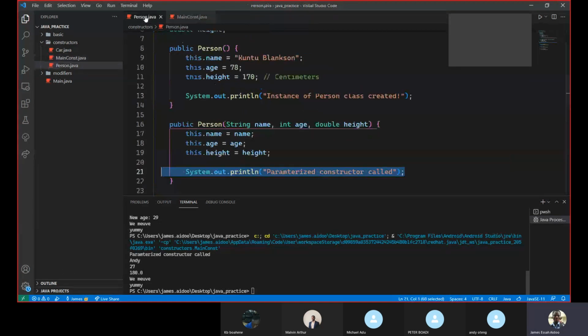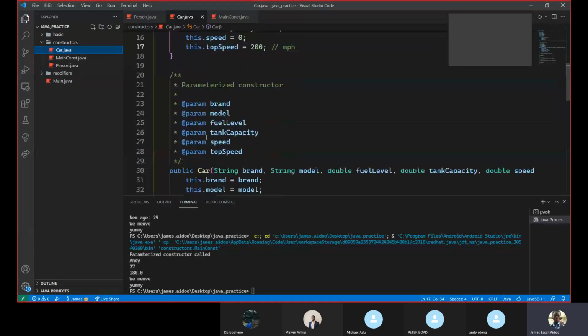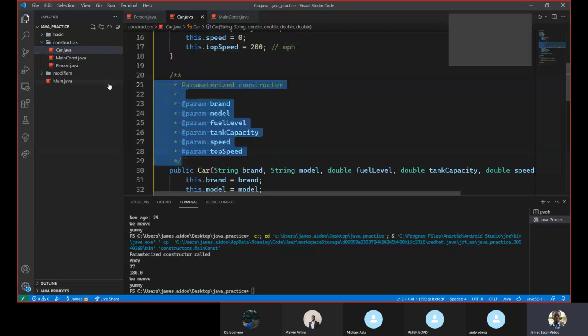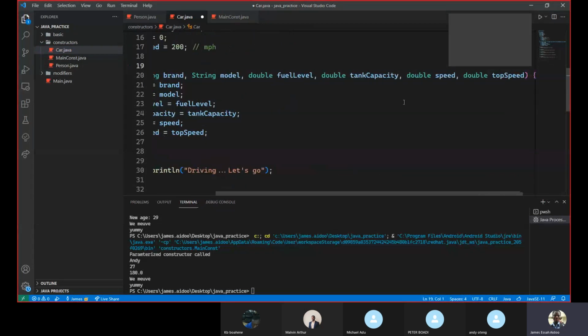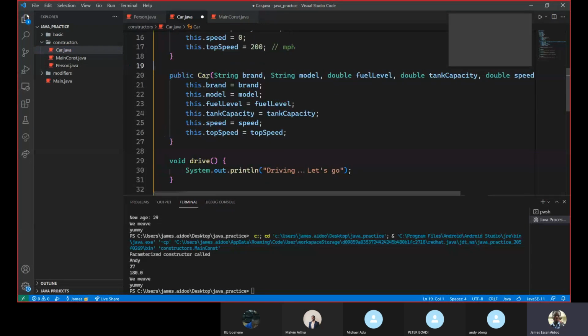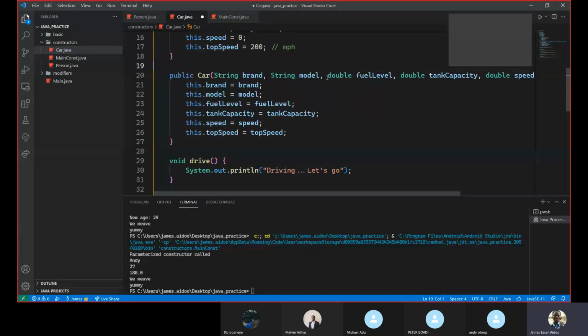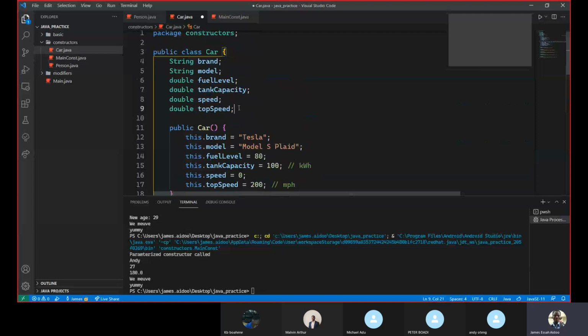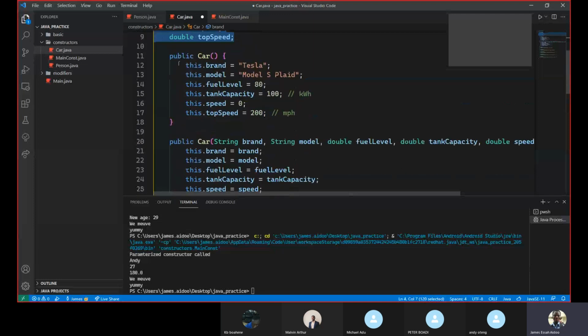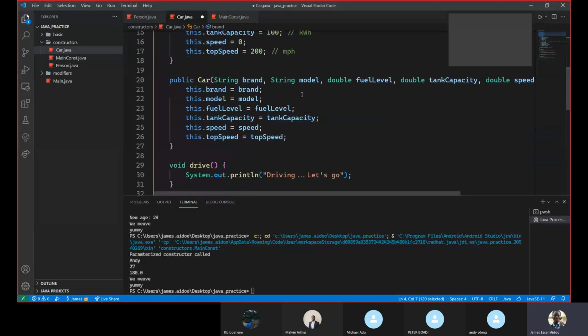Okay, so let's take a look at our car as well. We have a similar one for our car class. It has another constructor which accepts arguments for all the properties we have defined up here. And as it happened with the person class, whatever arguments we pass for these parameters are assigned to the various properties. And then at runtime,